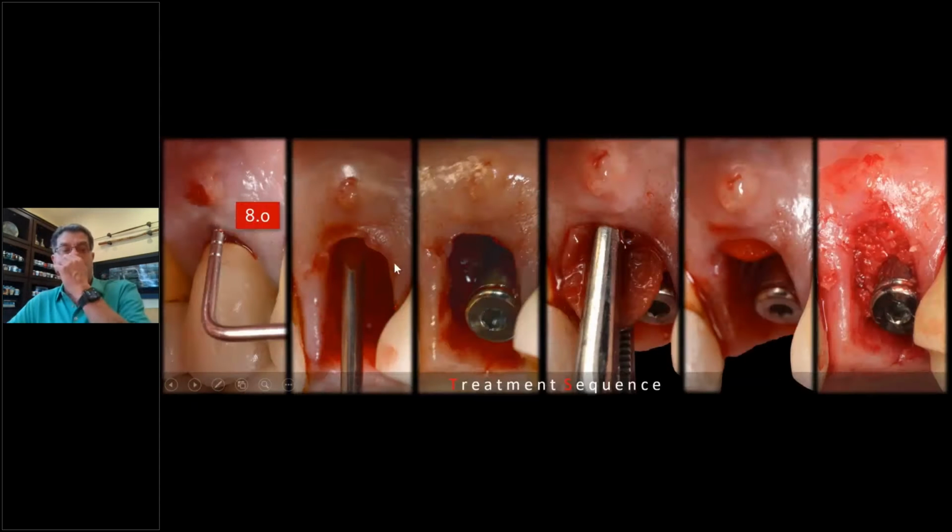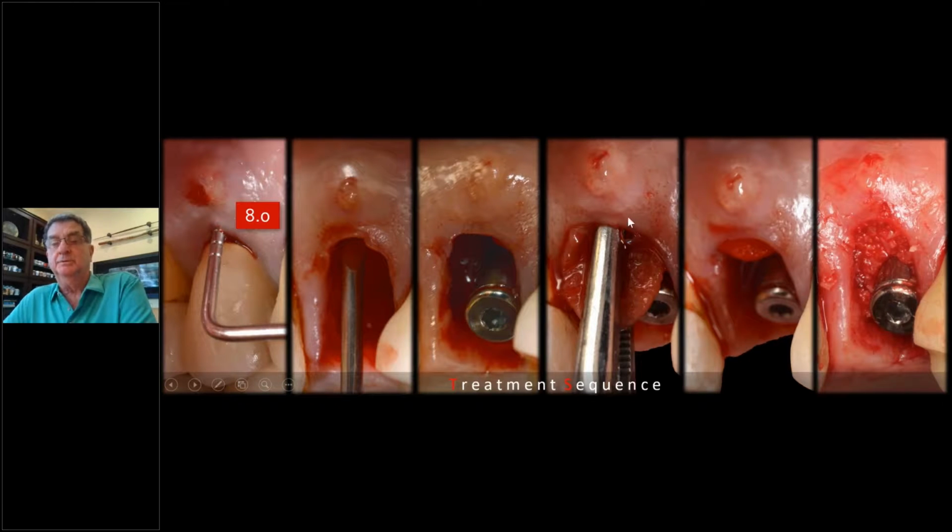And here's what it looks like, even with an infected buccal plate, as you see here with an abscess. Took the tooth out, cleaned it out thoroughly. You must debride it. It's just like Dr. Elaskary said, you go in, you clean, and you debride it. Now, implant, look at the gap distance. Beautiful. Because this is particularly bicuspids. So this goes into the palatal root, still comes out the central fossa.